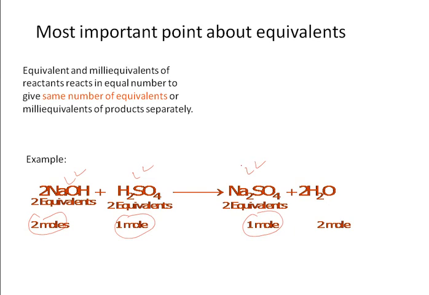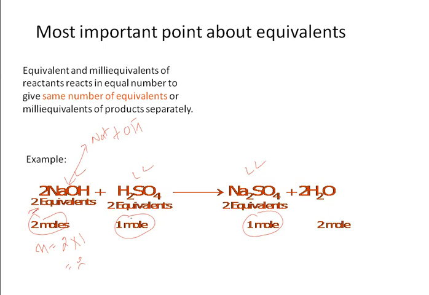Here we see there are 2 moles and there are 2 equivalents. Everyone knows that when NaOH breaks, it gives Na plus and OH minus. So 1 NaOH will give 1 OH minus and 2 NaOH will give twice OH minus. Those friends who already saw my previous video are able to understand why the n factor is 2 here, because each NaOH gives 1 OH minus and there are 2 moles, so the total n factor value is 2. So there are 2 equivalents present.